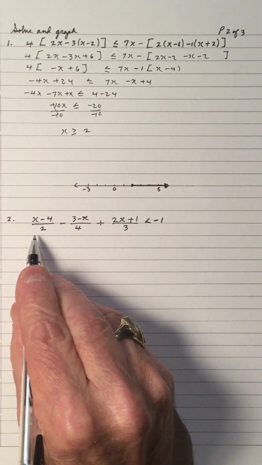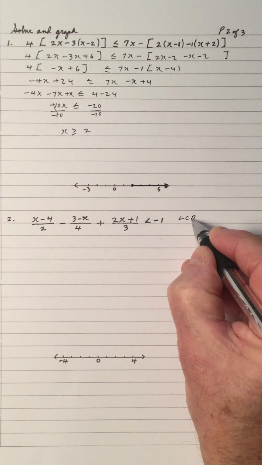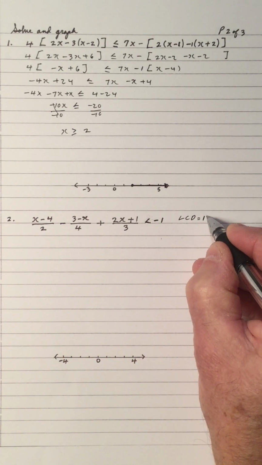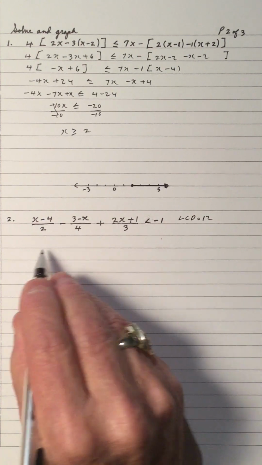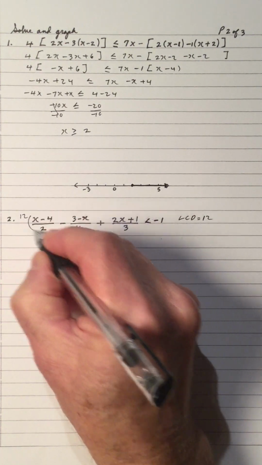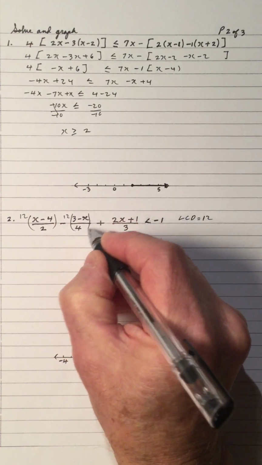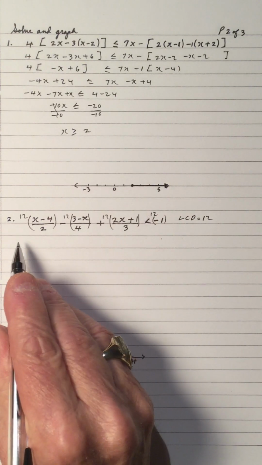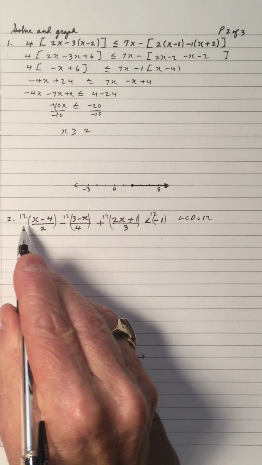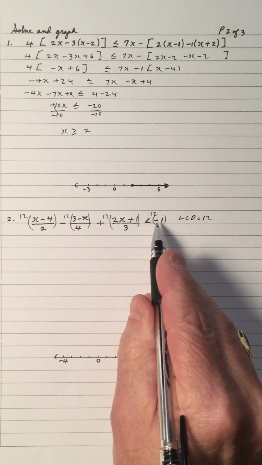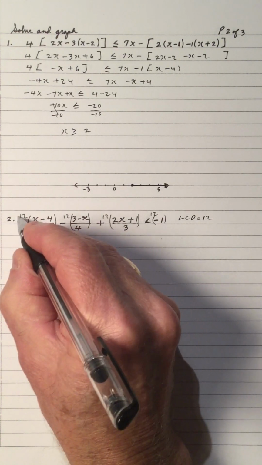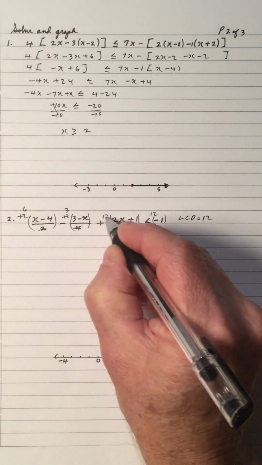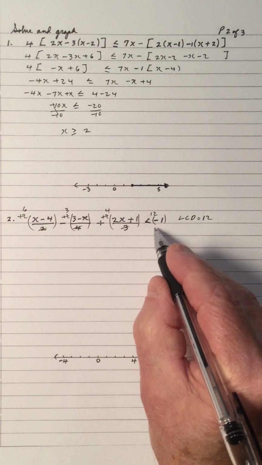Number 2, we have fractions, so we'll find the LCD for 2, 4, and 3. The LCD is 3 times 4, which is 12. 2 is a factor of 12. So what I do, I multiply 12 by each fraction, like this. What I'm doing is multiplying both sides by 12, but it's easier when you put the 12 with each of the fractions, and you get the cancellation. 2 into 12 goes 6, 4 into 12 goes 3, 3 into 12 goes 4, and there's no cancellation here,